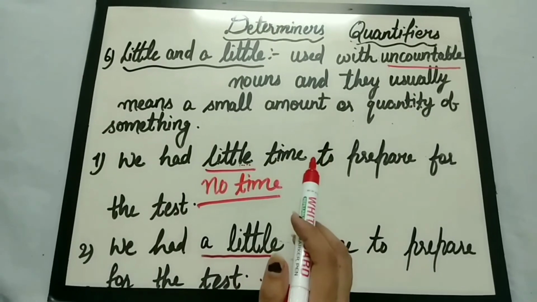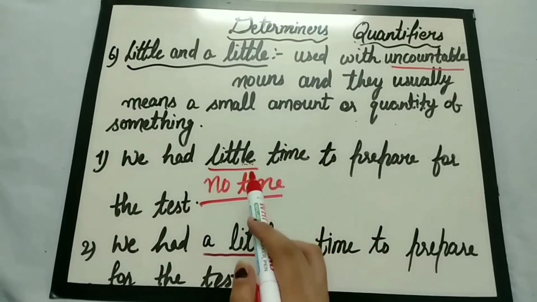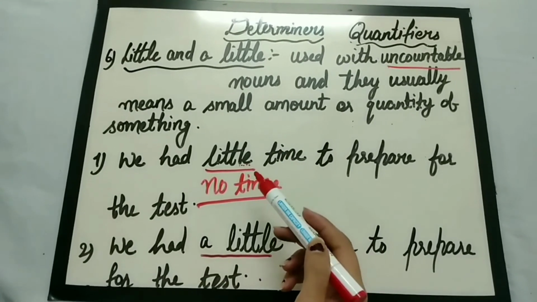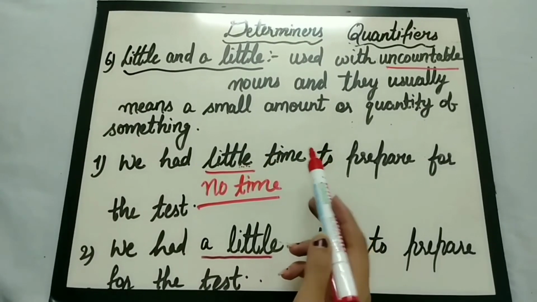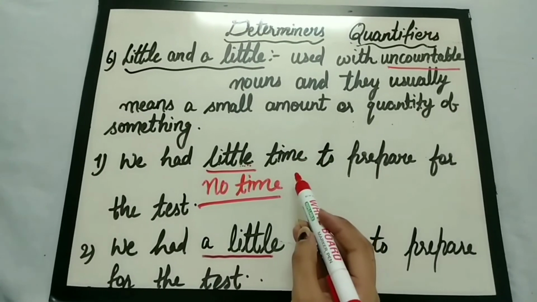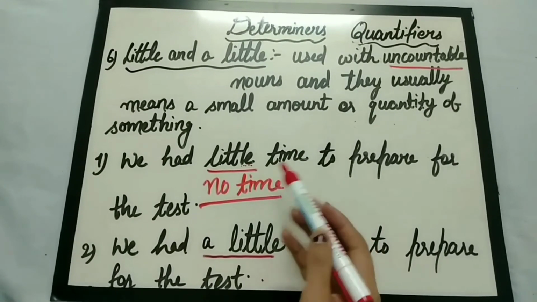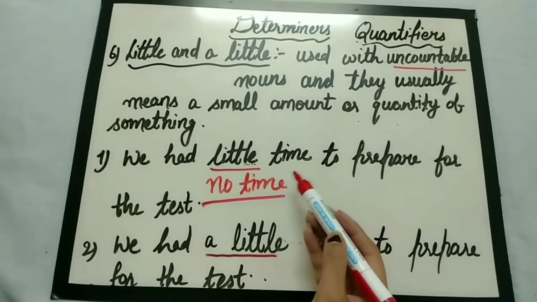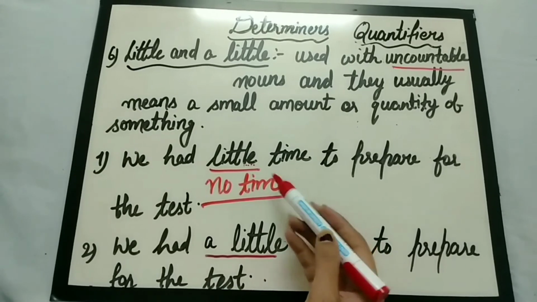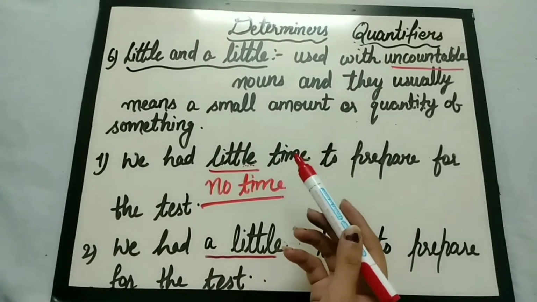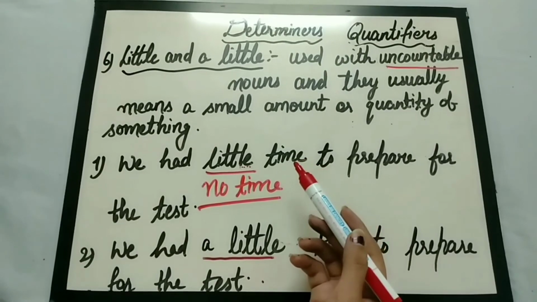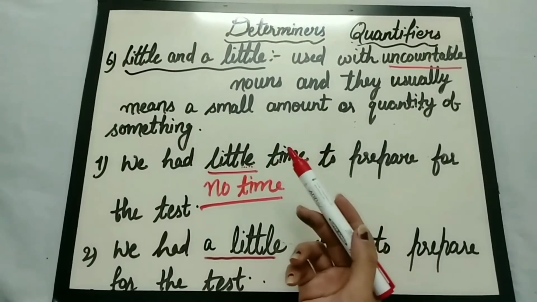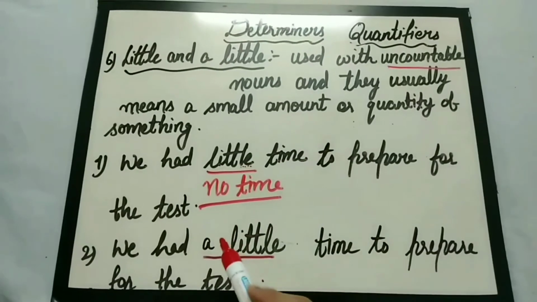So it is similar to a few and few. Few is used when we are making a negative statement with countable nouns. Like, we have a few books, so it means at least we have some books to read. But if we say we had few books, it represents a negative statement that somebody is saying in a dissatisfied manner, we have only few books. It means we have a very small quantity of something.